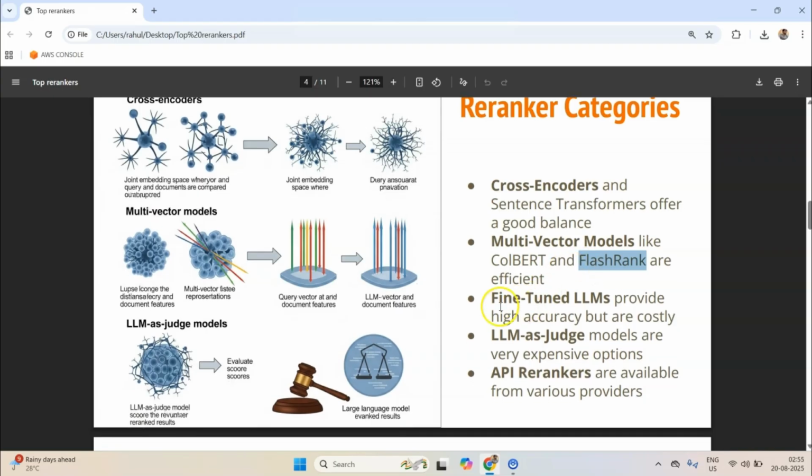Then we have fine-tuned LLMs. You can take an existing LLM and fine-tune it to perform better re-ranking, and that is also something you can consider. It can potentially give you high accuracy but is very costly. And you need to differentiate between fine-tuned LLMs and LLMs as judge. These two are not the same.